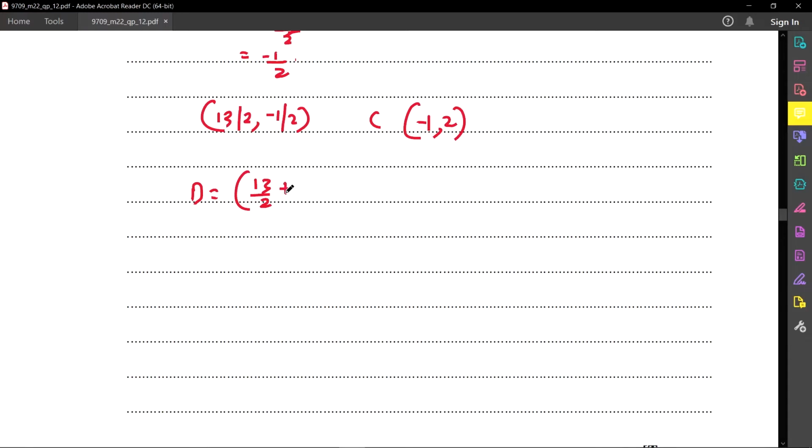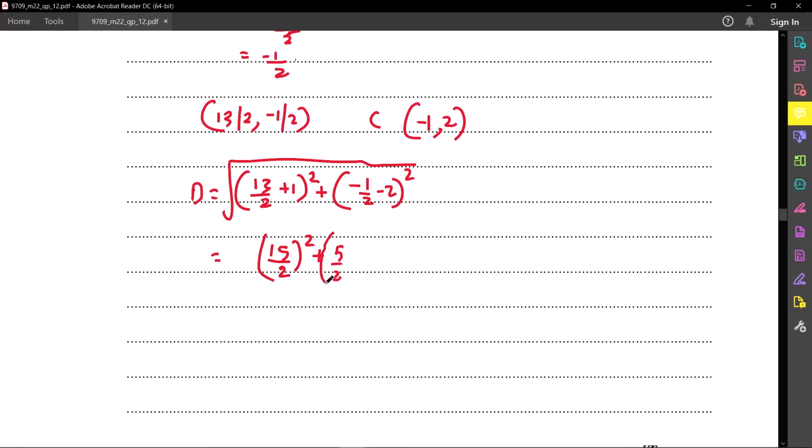That will give you 13 by 2 plus 1 whole square plus minus 1 by 2 minus 2 whole square, the root of it. So here it is 15 by 2 whole square plus 5 by 2 the whole square. Root of that will give you